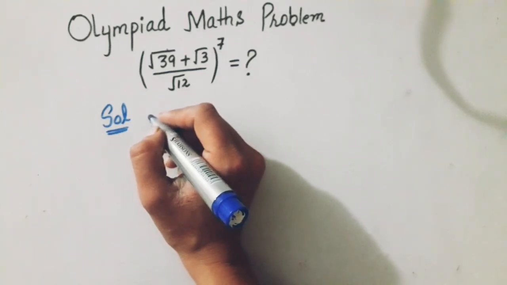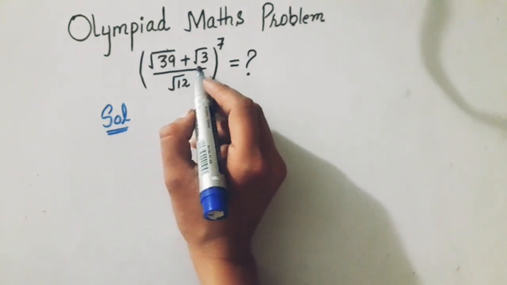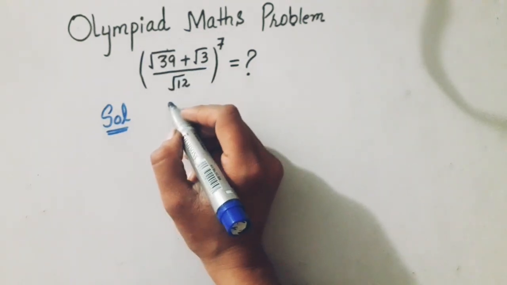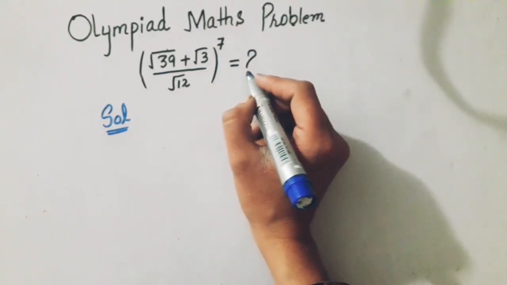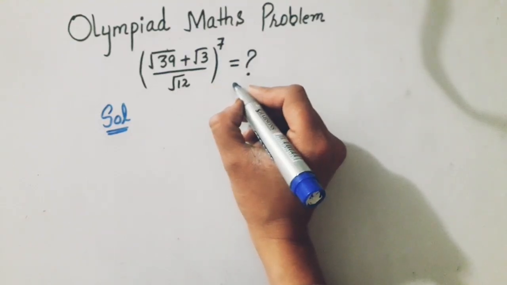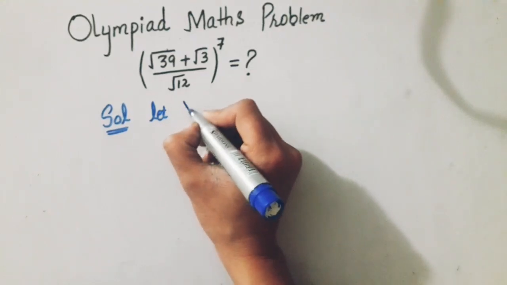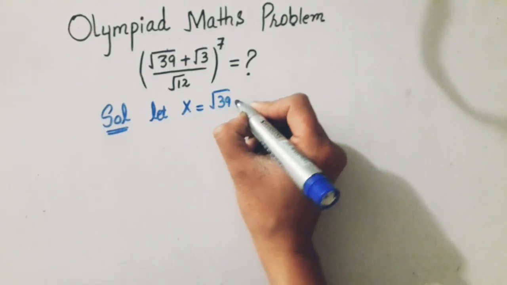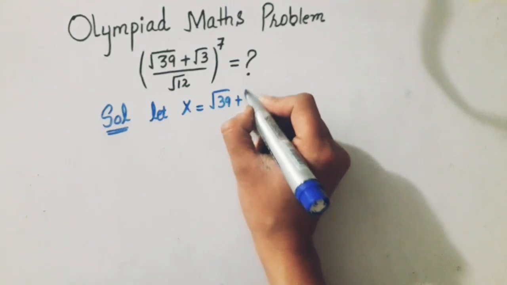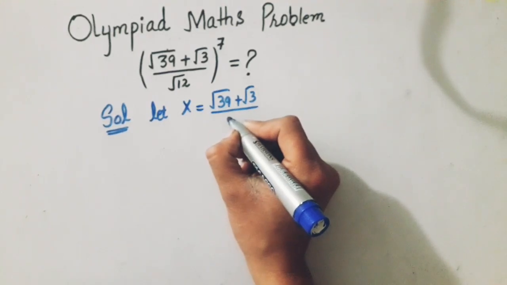So, today's interesting Olympiad math problem is root 39 plus root 3 divided by root 12, and the whole power is 7 equals what? You have to solve this. For this purpose, let us suppose x equals root 39 plus root 3 divided by root 12,